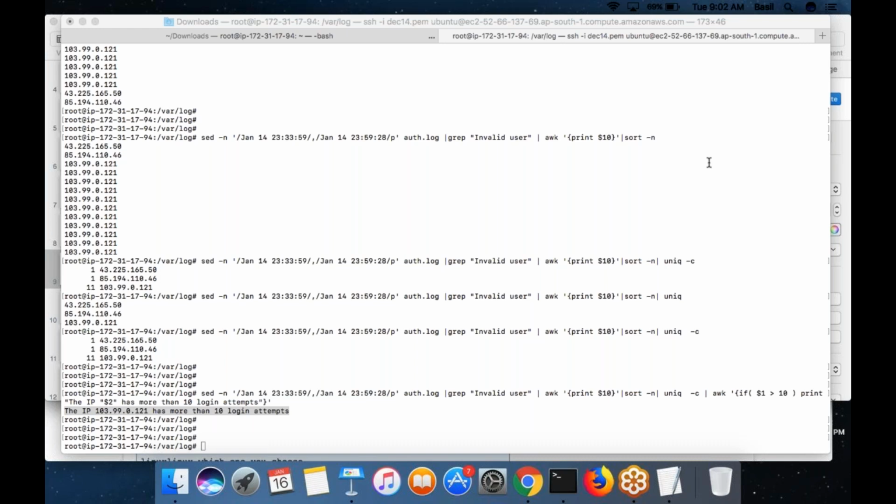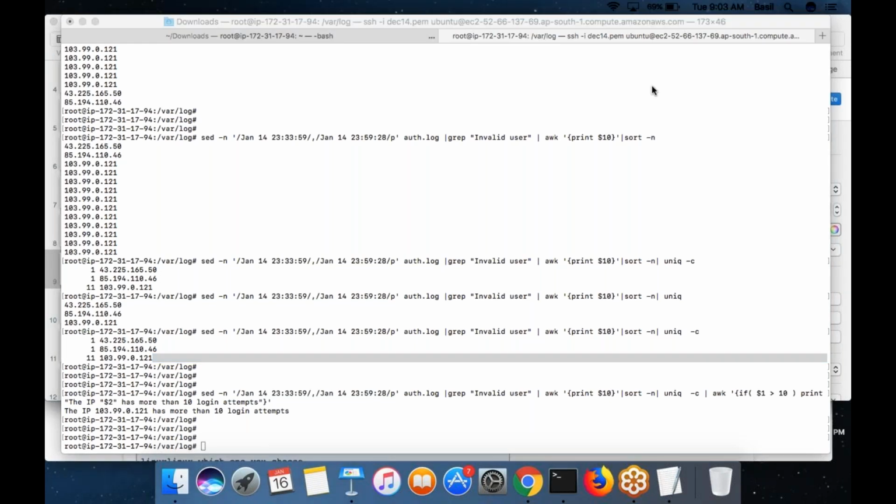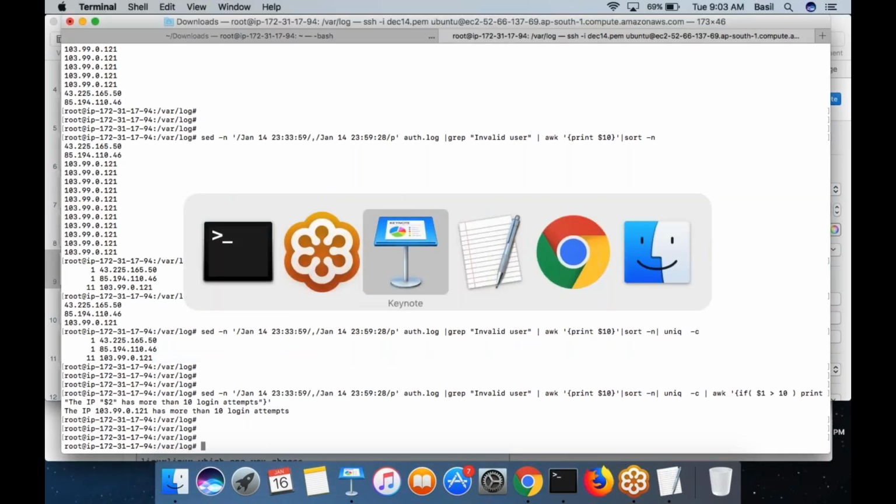Regarding AWS, if there are any kind of login attempts, they will not be able to help you with that. Login attempts would be your responsibility. AWS will not be able to help you with such kind of attacks. That's a different thing. But if lots of people try to use your bandwidth through network connections and such kind of attempts are made, then AWS would be able to help you.